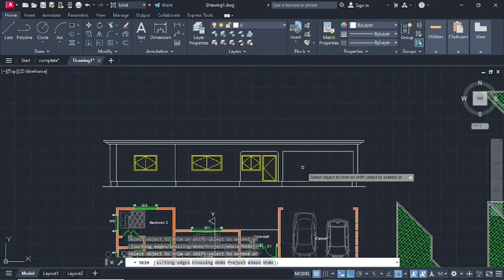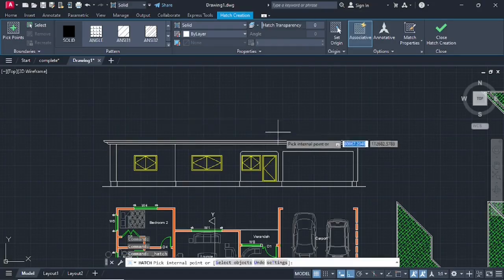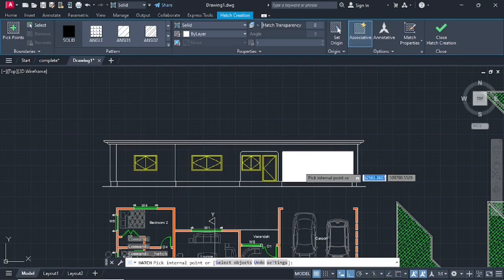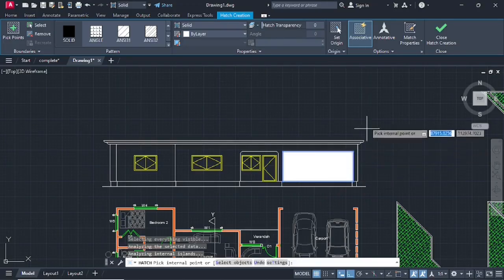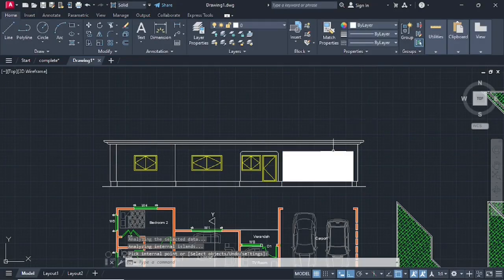And here we are going to hatch. So I'll go there where it says hatch. I want to make a door here for the garage, so I'll go on hatch. Then I'll hatch here like that, and I'll press enter,